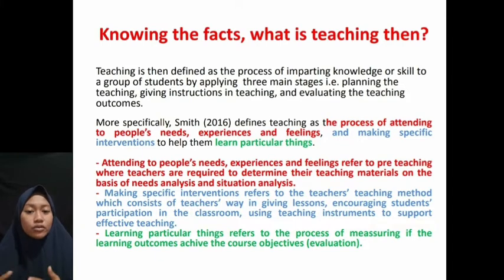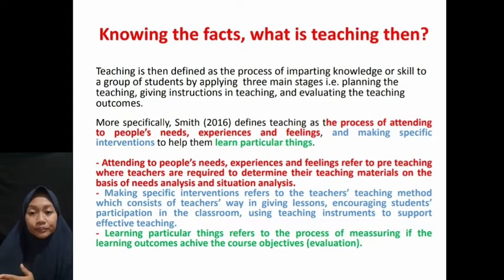While-teaching refers to the teacher's teaching methods, which consist of the teacher's way in a given lesson, encouraging student participation in the classroom, and then using teaching instruments to support